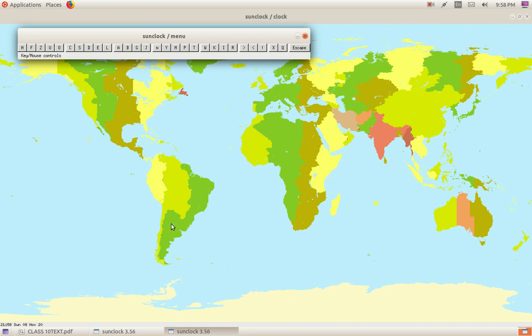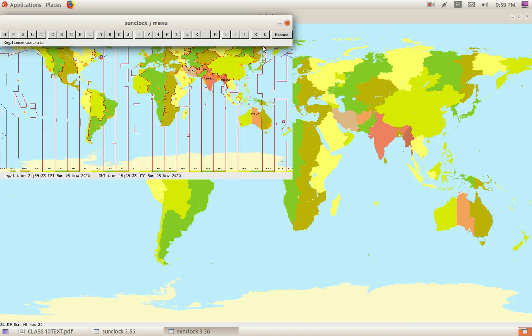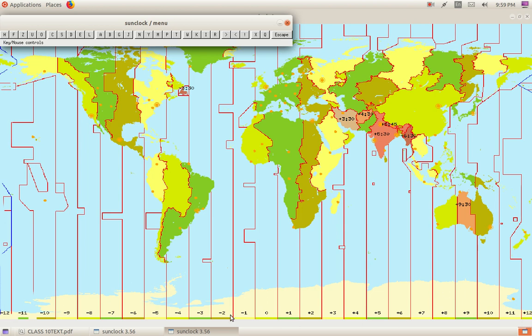Now we are learning the time zone. So we want the time zone map. To get the time zone map, there are 2 buttons. One is the exclamation mark and the second one is the W, the new map window. And exclamation, the name of this tool is clock and map window. What is the name? You have to learn the name also. Clock and map window. Exclamation mark. Click on it and you will get the time zone map.